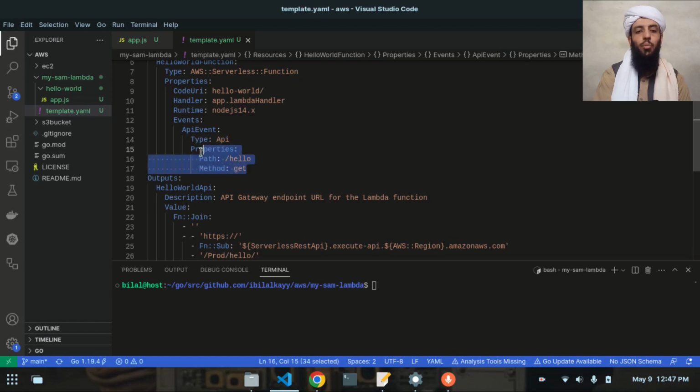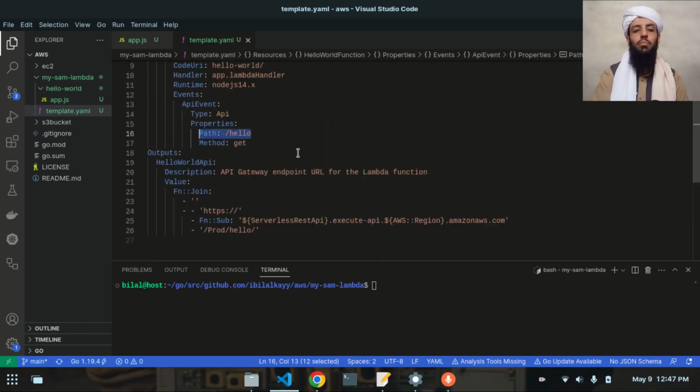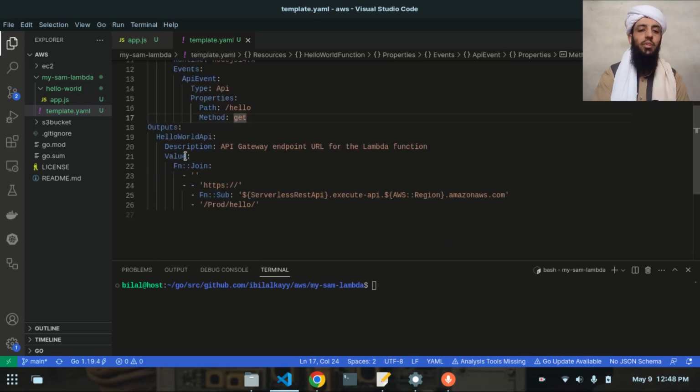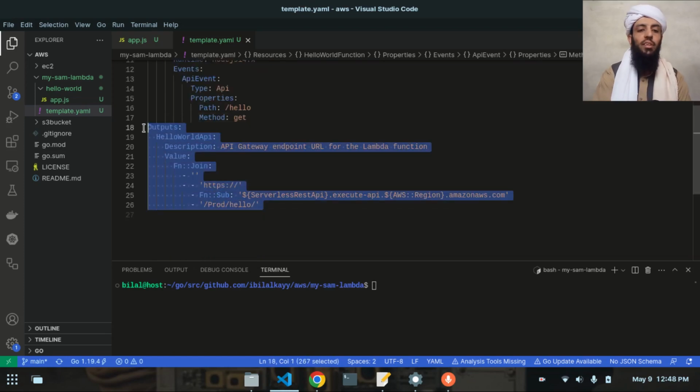After that, these are the properties. The properties will basically show the API endpoint when this template will be executed. As a result, this will be the last path that will be executed, and I will show you. And this is the method. So this is the GET method that you can give and access with the help of HTTPS. All right, so this is a GET method,